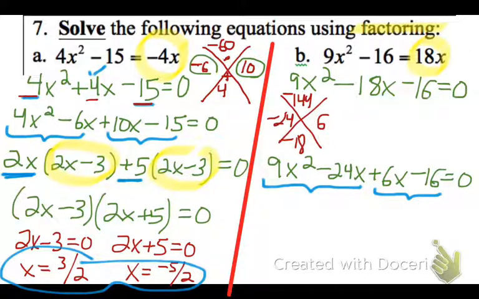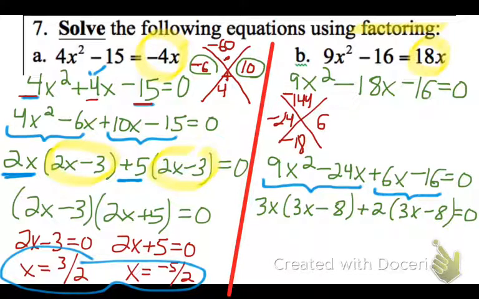So we get, let's see, we could take a 3 out of both, a 3x. And that's a 3x left over when you divide it out, and that would be a 8. And then we could take a 2, and that's a 3x, and that's a minus 8. They should be identical if you're using this method, right? Notice we get a 3x minus 8, and we get a 3x minus 8. And that's good news. So we have 3x minus 8 that we factored out, and we have 3x plus 2